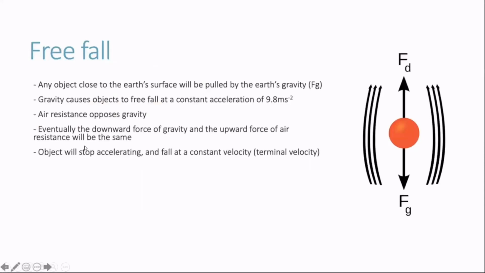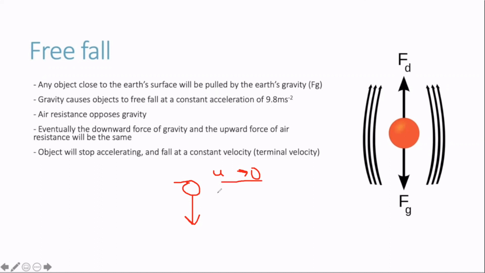Let's move towards free fall. Any object, just imagine any object is in the air. Its starting velocity is always zero, friends. It is in a still condition, and then we throw it. That is why initial velocity is always zero, and